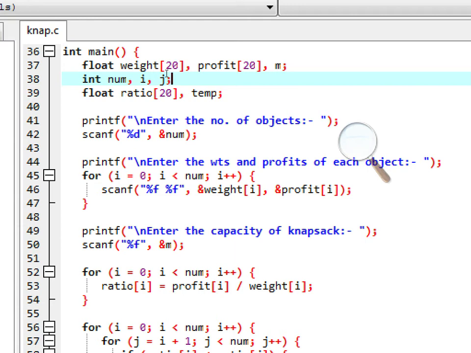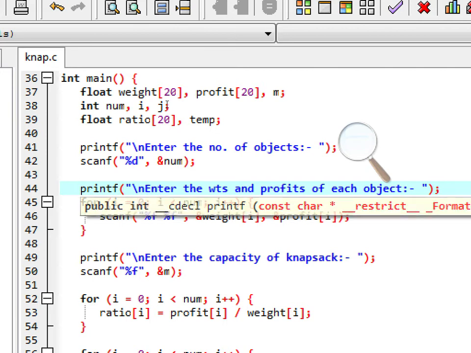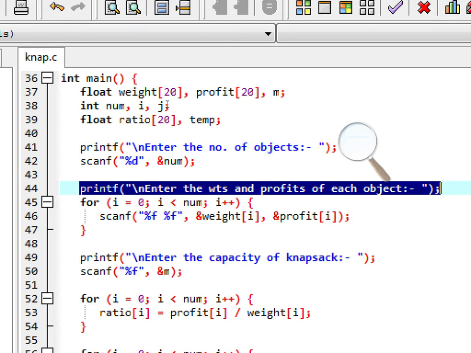Now we have to take the number of objects. We take this value from the user: enter the number of objects, then scanf %d &num. So the number of objects is taken in the num variable. After that from the user we take the weights and profits of each object.